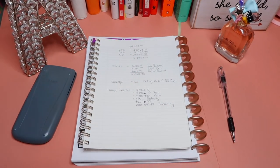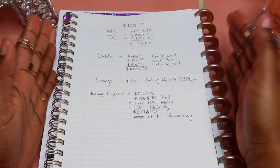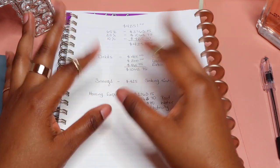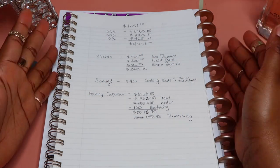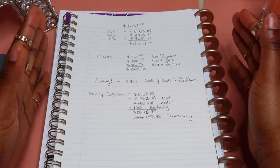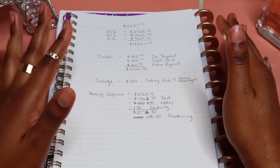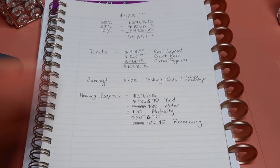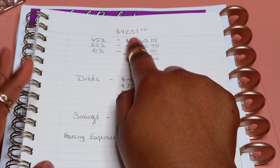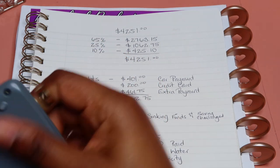Let me zoom out so y'all can see what's up. If you are new here, this is basically a way to budget. There's multiple ways how to budget, but this is a way, and this is how I'm budgeting all of my paychecks, right? But this overall is to help me with my numbers and make sure I'm still good. So I took out my tithes money, which was $152, out of that $4,403, and that left me with